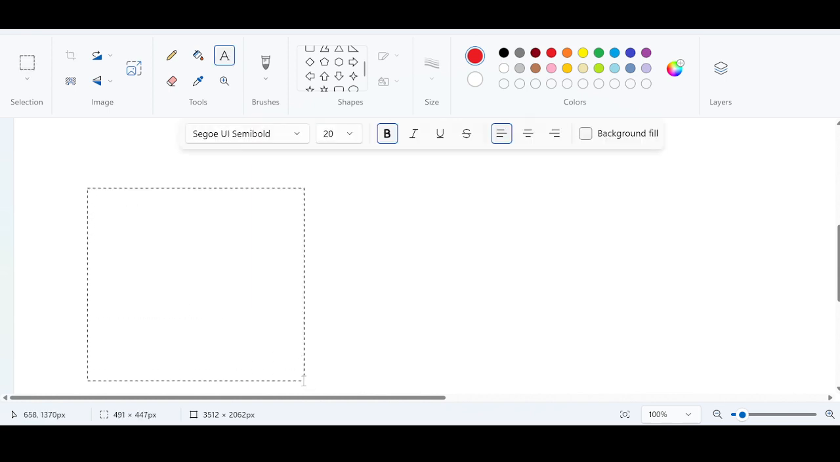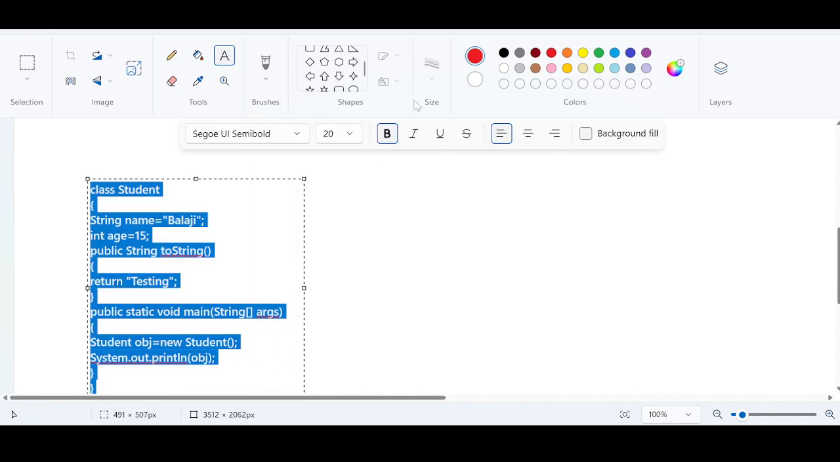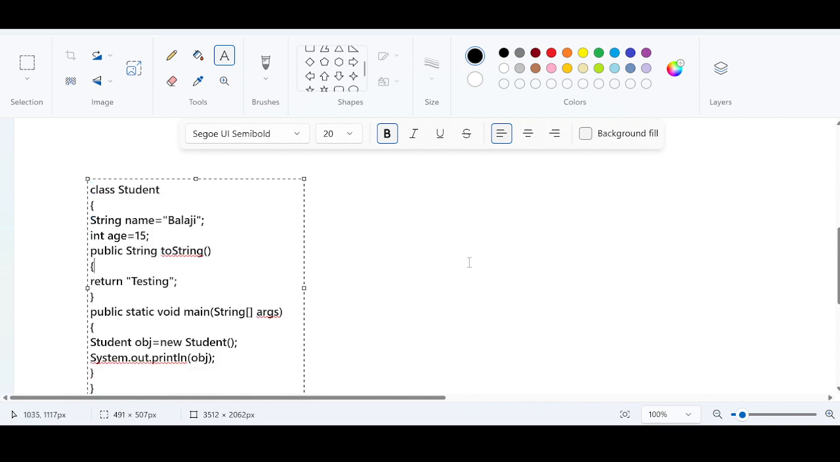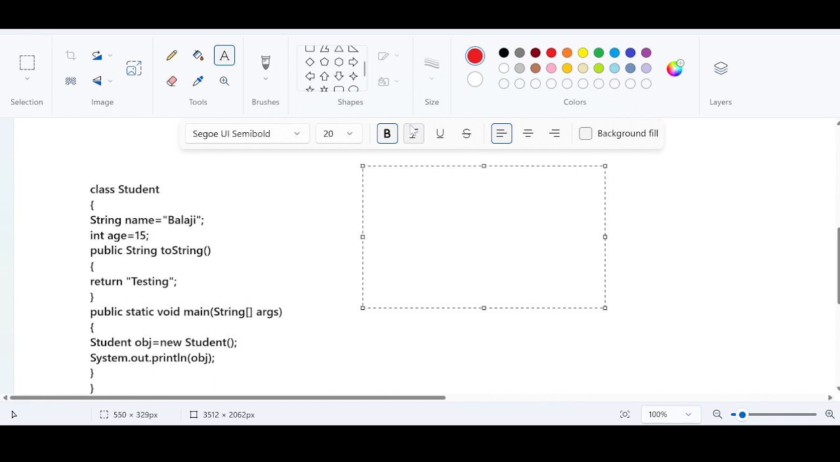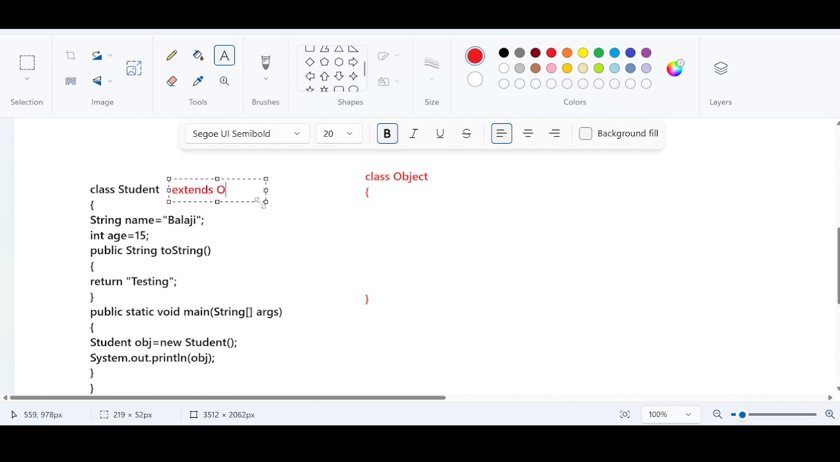Let me make this program in a concise manner. So we have a Student class. As per our imagination, there is a class called a parent class, right? Class Object. The Object class is the super class or the parent class for all the classes. When you prepare this class, what is the compiler going to do? It is going to make some changes. The current class gets extended to the Object class,